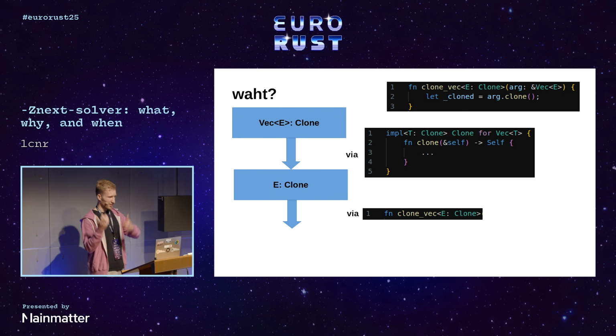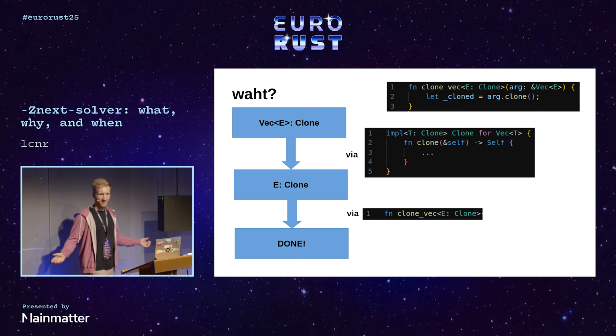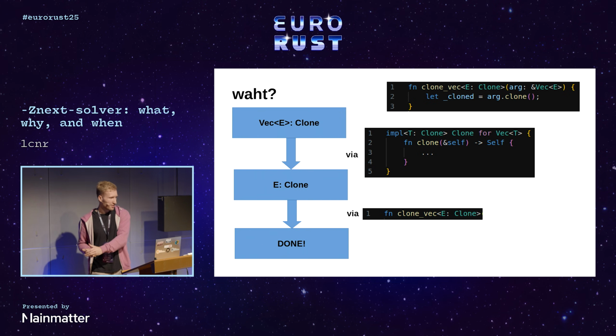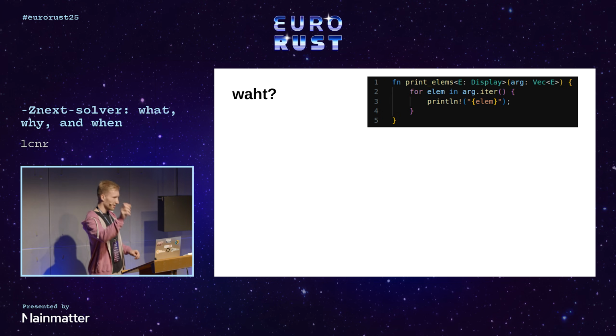So again, we can use the where clause to prove this, and this time we're actually done. So that's the main job of the trait solver. You have a where clause, and it proves them recursively using most of the time either impls you've written manually or where clauses. So yes, that's the first half. The second half